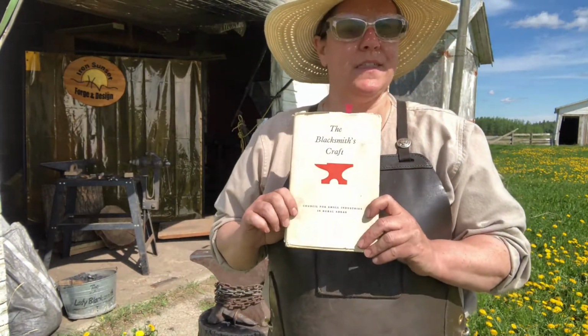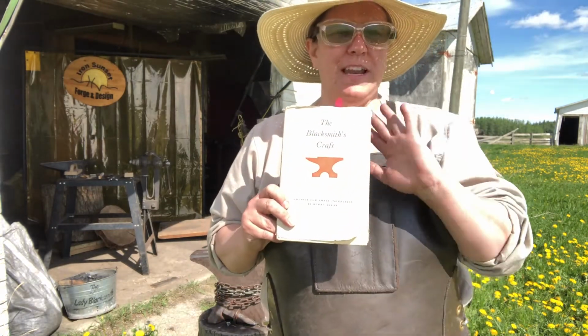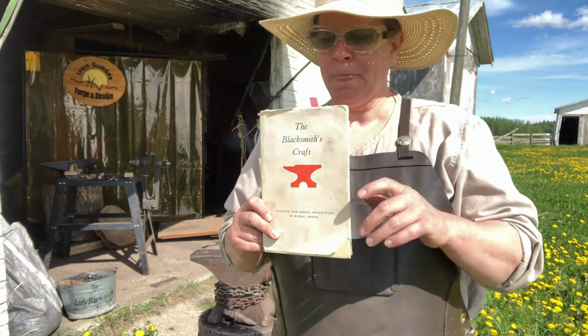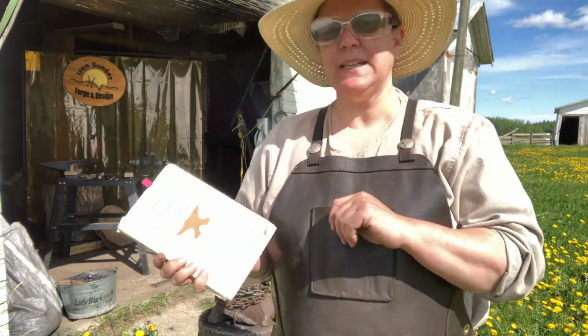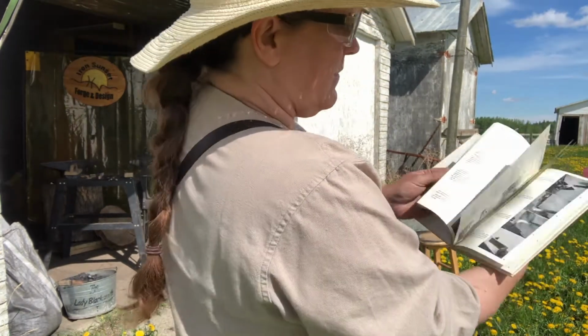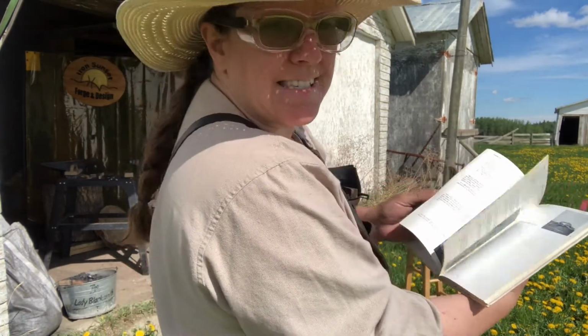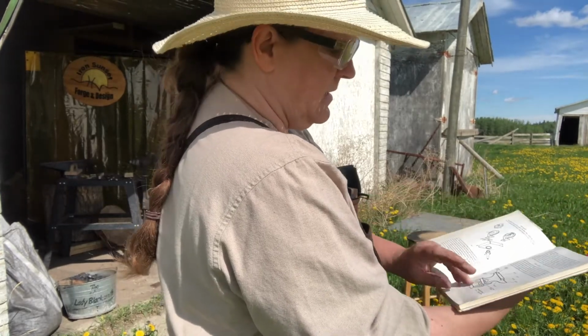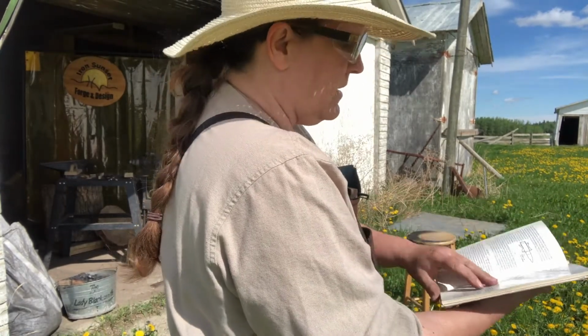I'd like to say thank you to Sylvia for getting me this book back in 2010. She gifted this to me years and years ago, and I have used it lovingly ever since. It goes through several lessons, and one of the first lessons in it is, if I can get to the page,